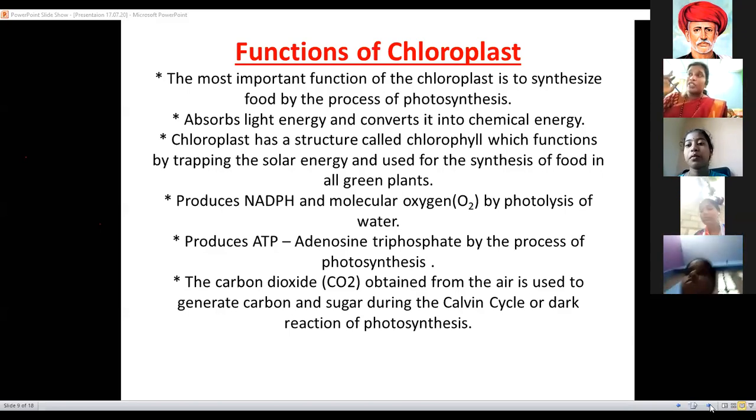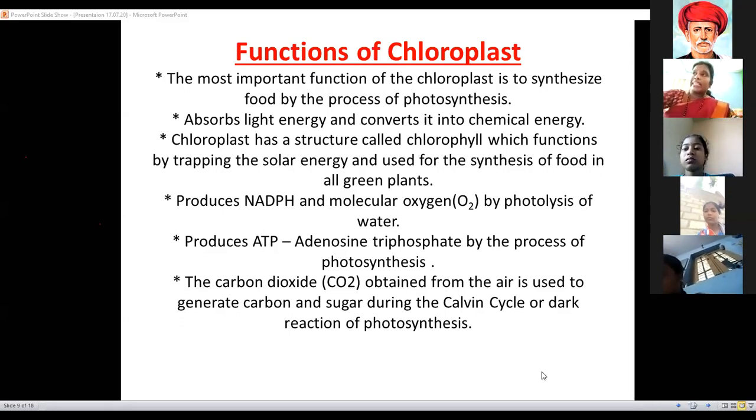The solar energy is given directly by the sun, and how can you convert it to chemical energy? The chemical energy is produced as NADPH and ATP. NADPH stands for nicotinamide adenine dinucleotide phosphate hydrogen. ATP stands for adenosine triphosphate. Those are all chemical substances that form the chemical energy. We will explain NADPH and ATP in the next topic.